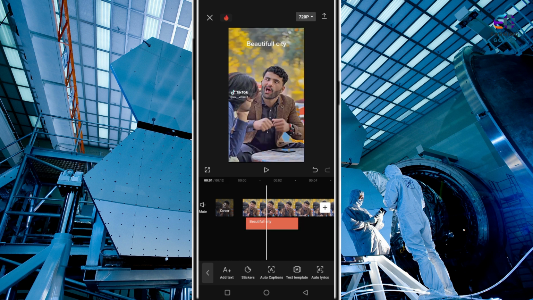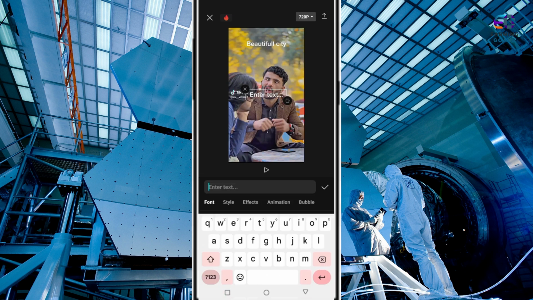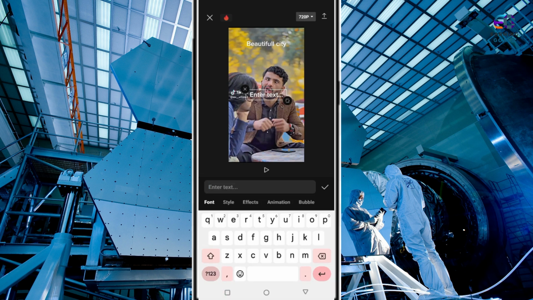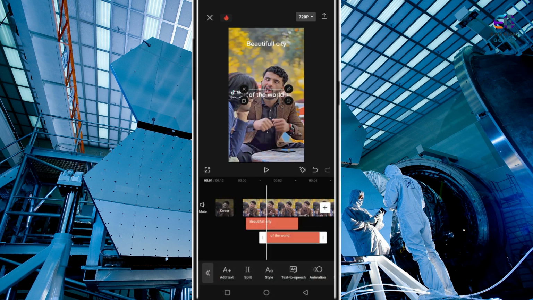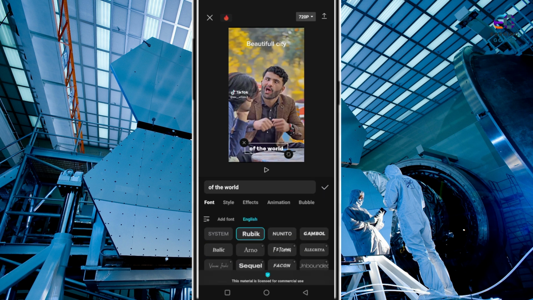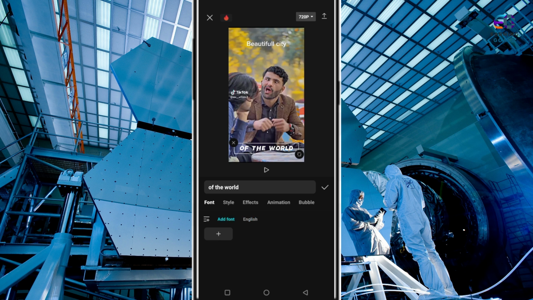So we will add another text. We can edit this text by styles, different styles. We will select add fonts